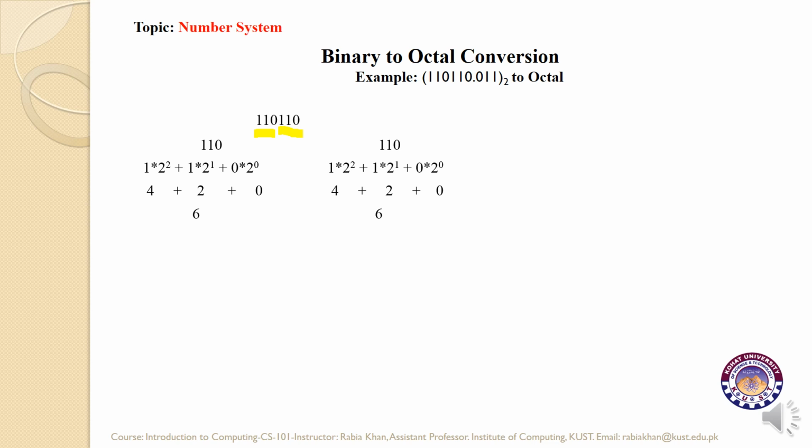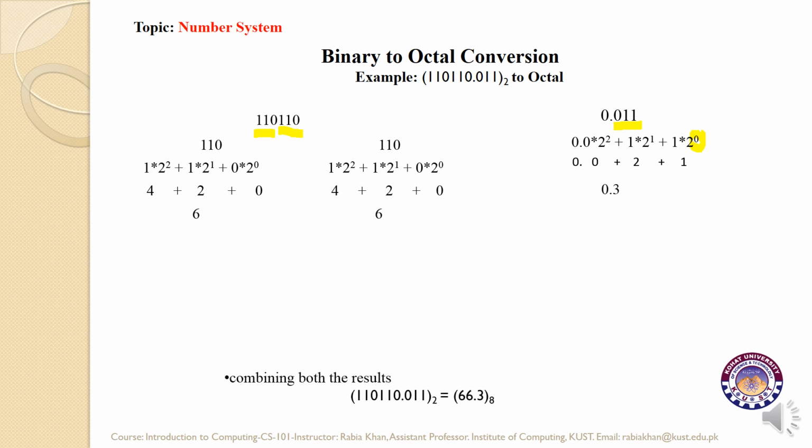Now the grouping of the fractional part will be performed. We are given the number 0.11 and the group will start from left to right, so the group is 0 1 1. It is then multiplied by powers of 2. Keep in mind, grouping starts from left to right for the fractional part, but the multiplication starts from right to left, so the power of 2 starts from the right. The result of multiplication is in front of you, and after addition the answer is 0.3.